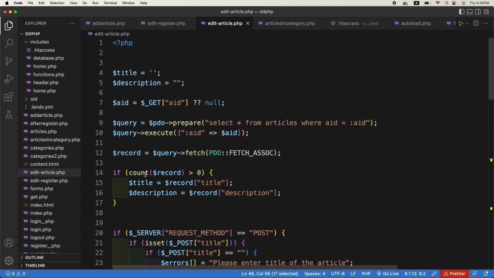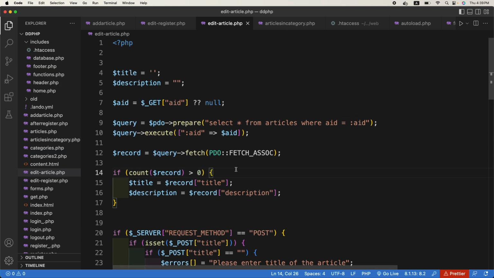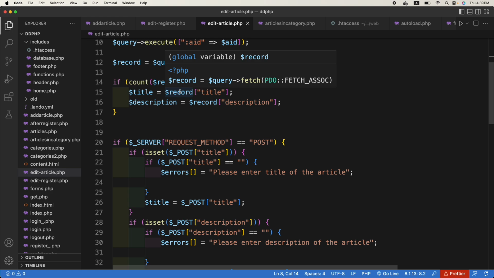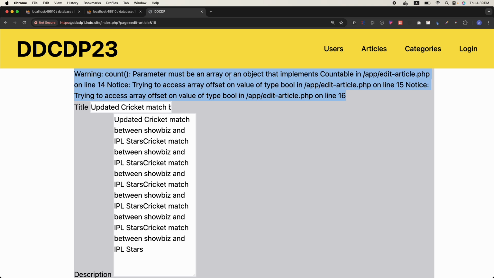Oh, you haven't yet created errors, which we can empty errors. And if count record parameter must be an array or an object that implements countable, try to access any array or set variable. Okay,